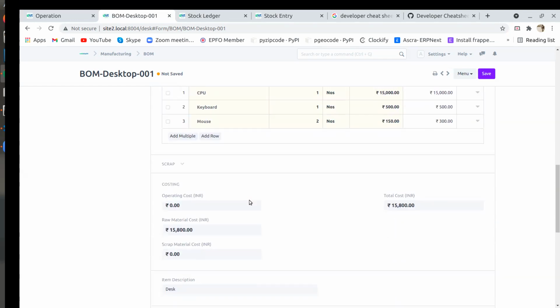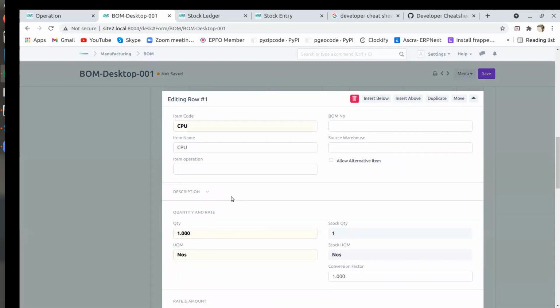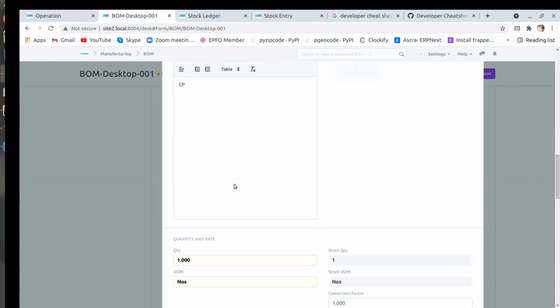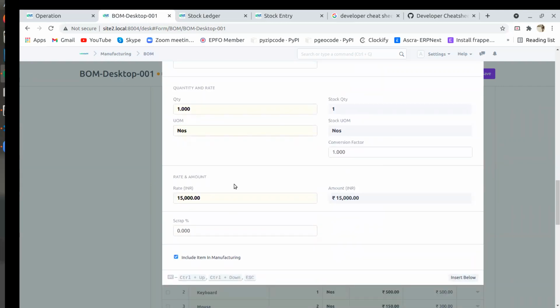Or else we have to create it, but it will not link to this, it is considered a separate item there. Maybe some other entry is there where you can put some cost. Let me open this. Maybe item operations we have to mention at least. It may be variable actually. Maybe I saw some other option where you can put some cost.